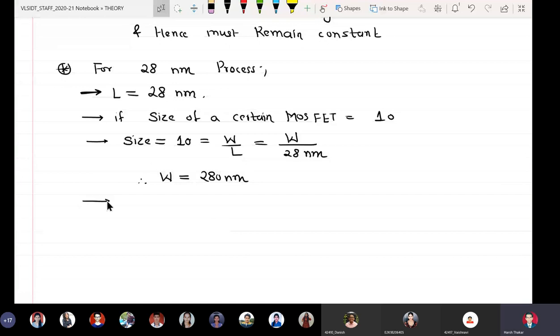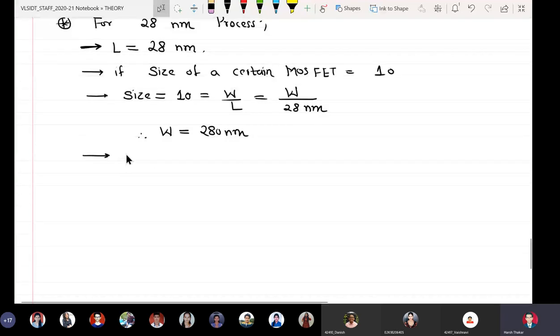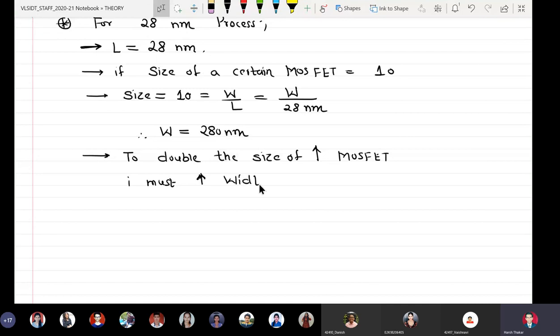Now, if I am told to double the size of above MOSFET, I must increase the width W to 560 nanometers.